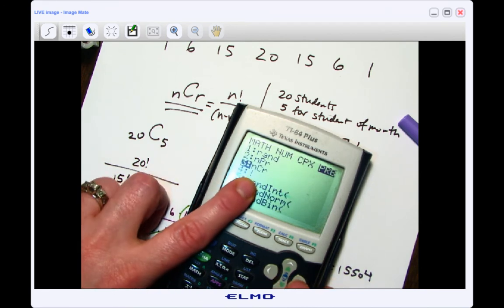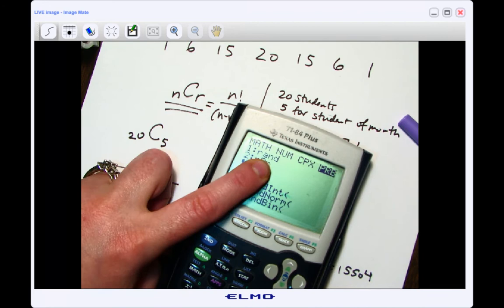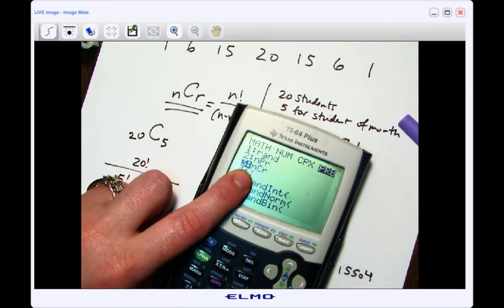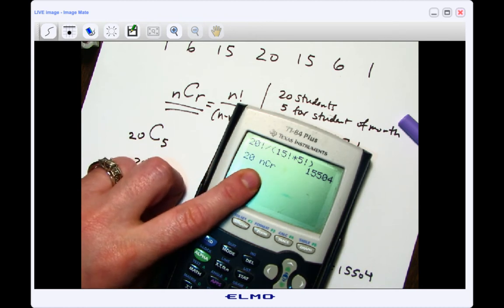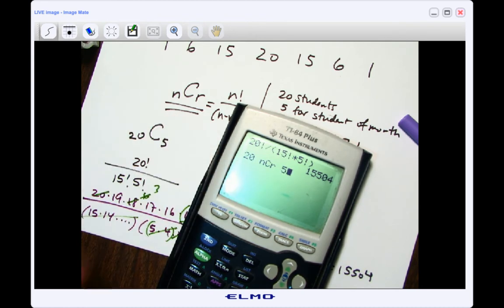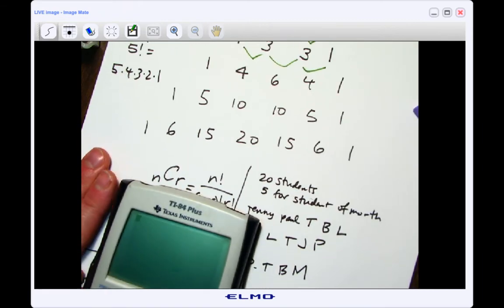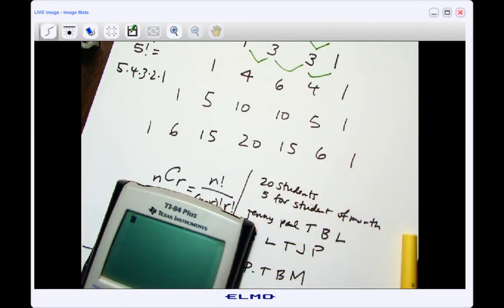So then I want to go down to n choose r, not the nPr, that's different, n choose r. So I put in the 20 because you see how the n is in front, so that's going to put it in for the n. Now I have to put in the number for the r, and that's a 5. Okay? Now what this number will do is, so for instance, let's say we have